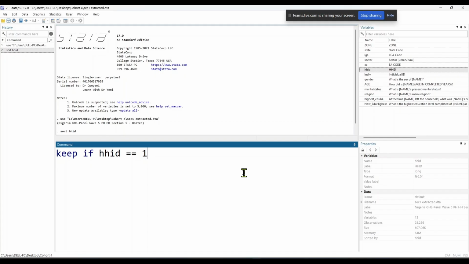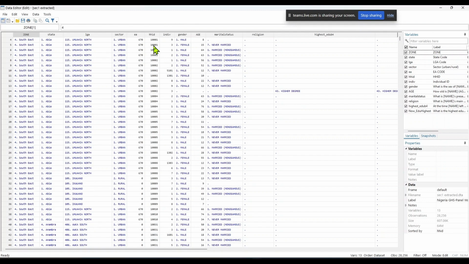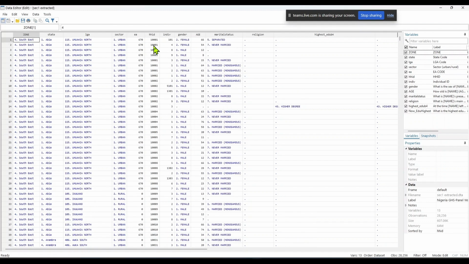Here is the show. This thing. We are saying that keep only if HHID is equal to 1. That means if there's nobody that is bearing 1 in HHID, it will be deleted, right? If you look at this HHID, there's nothing like 1 here. It will delete all our record. Maybe that is what